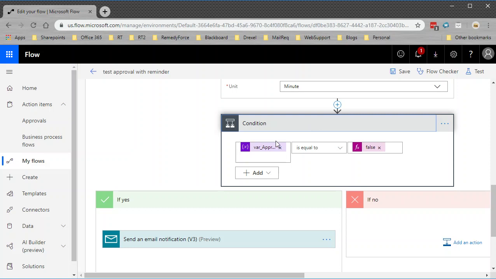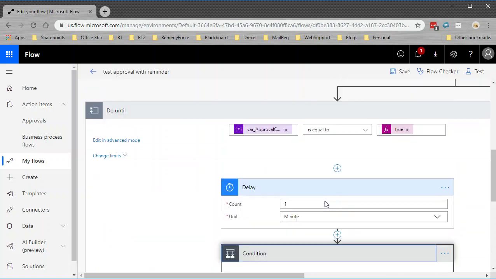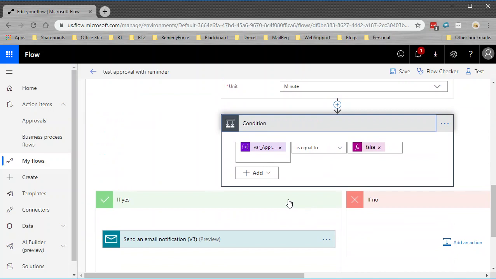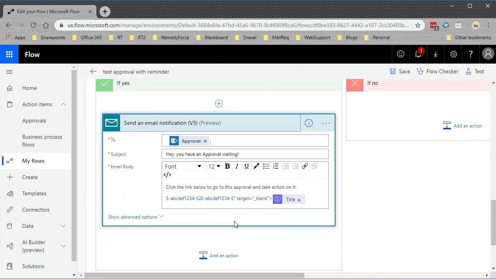And what it's going to do is say if that is equal to false. So in other words, if var approval is still equal to false, meaning that it is not true, obviously not true would be false, then it will send a reminder message. Now in the reminder message, essentially I've set a